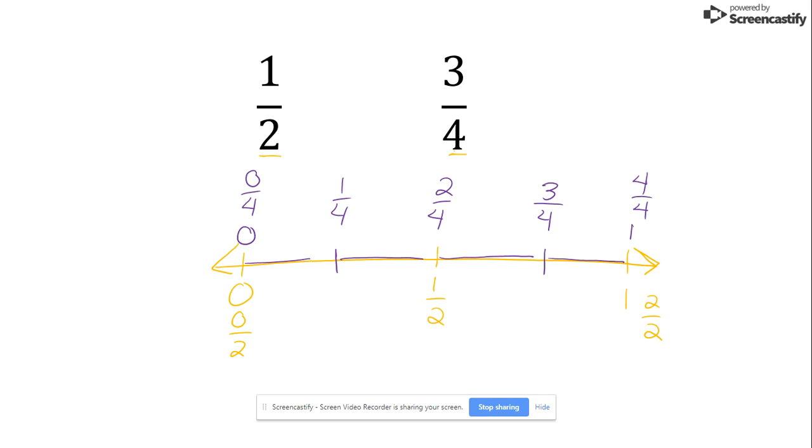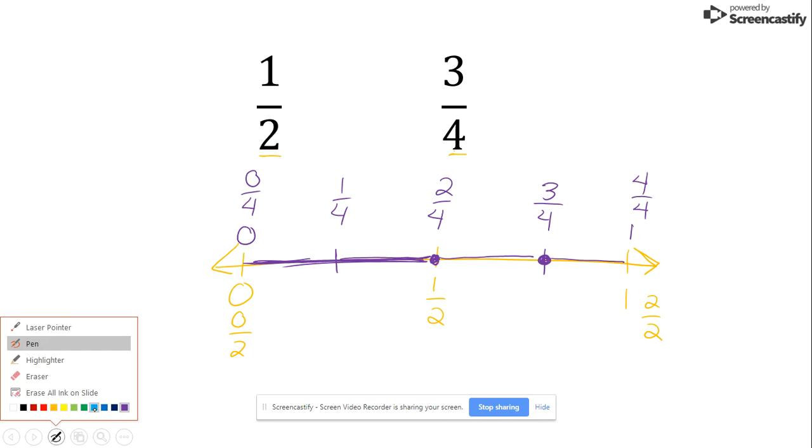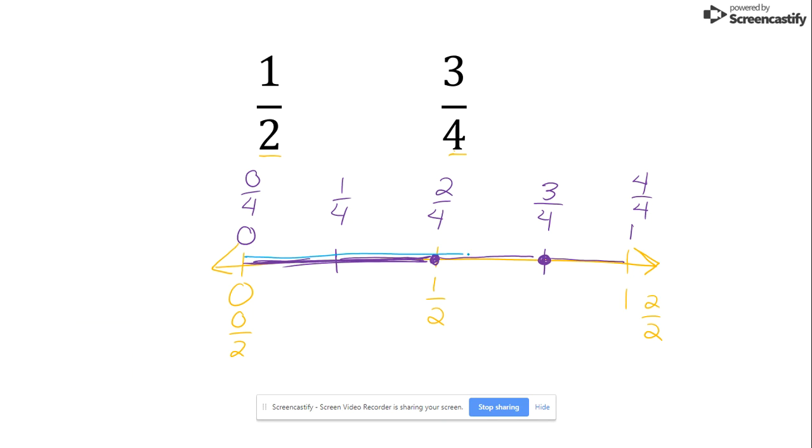I'm going to plot where 1/2 is and where 3/4 is. And I want to compare them and see which one is greater. If I shade from 0 to 1/2, and then go back and shade 0 to 3/4, I can see that my blue line is longer. So when I'm drawing my comparison symbol, the mouth of my alligator